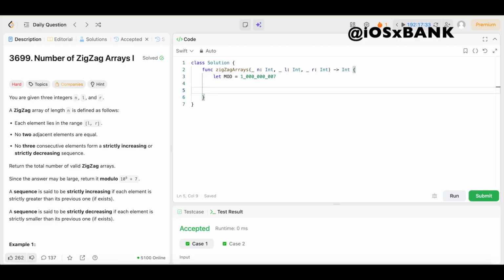Then we need the number of distinct values available in the range of L and R. So we'll say let K equal R minus L plus 1. Then we need the number of zigzag arrays ending at the value where the last comparison was an increase. So initially, arrays of length 1 can end at any value, so every position starts with a count